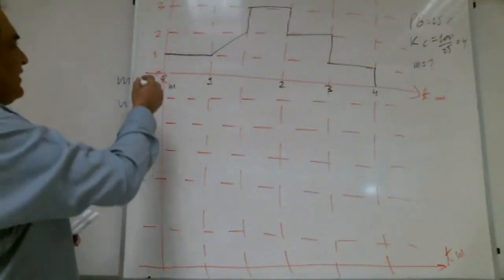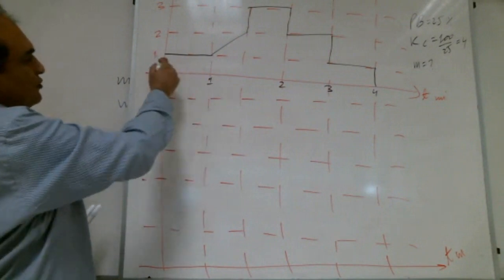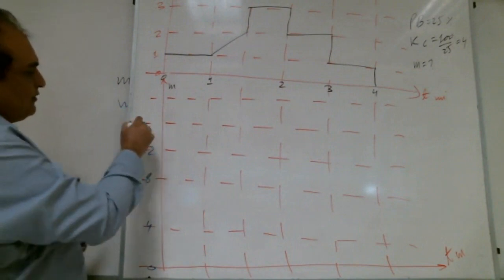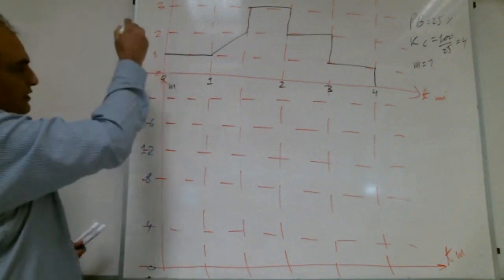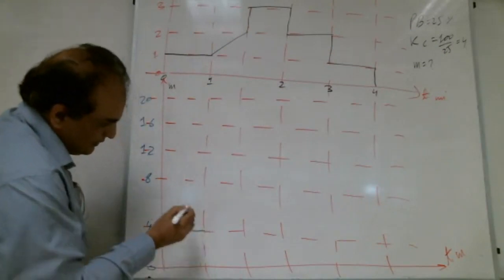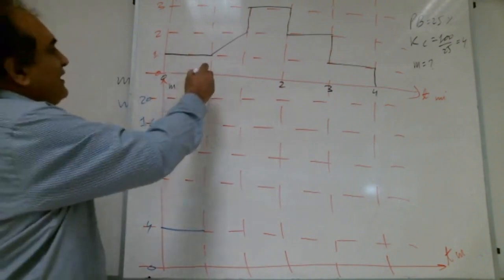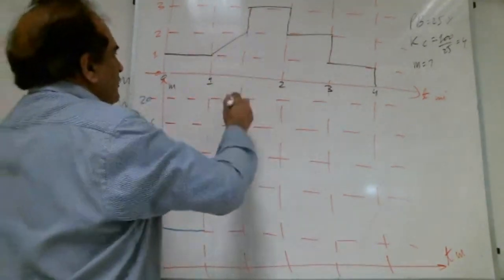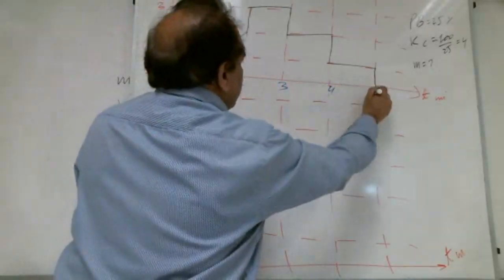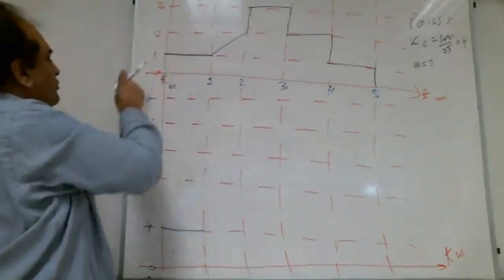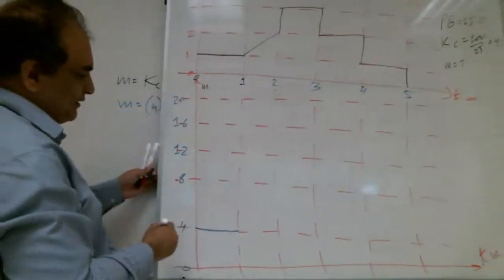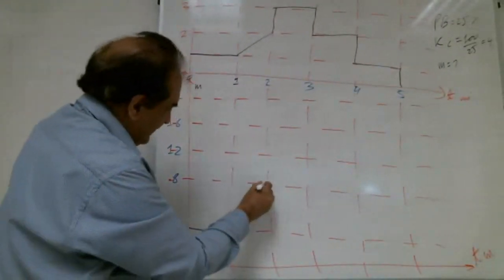Okay. So here error from 0 to 1, error is 1. So multiply it with 4. So this is 0, 4, 8, 12, 16, 20, like this. So here it will be 4. Okay, then we will sit here. At 2 it becomes 2, so 2 into 4 is 8. So it will come here, 8.